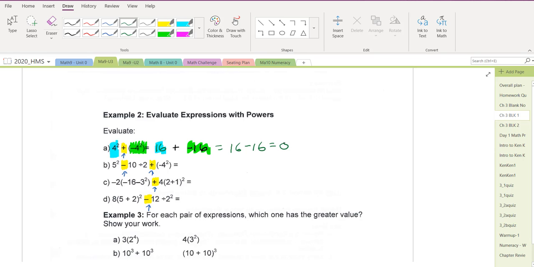Okay. So for B, I've already done it, but the first step you want to do is look for your pluses and your minuses. That's going to tell you how to chunk it, as long as it's not part of a bracket. So I highlight them, draw an arrow, and then we look on either side of those to clean it up. So the first one here, to the left of that subtraction, is 5 squared, right? Which is 25. I'll highlight that in blue. Minus